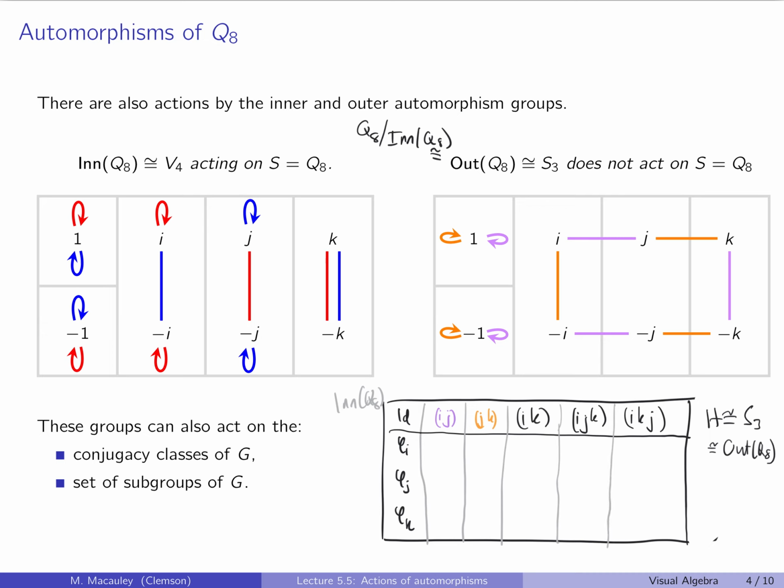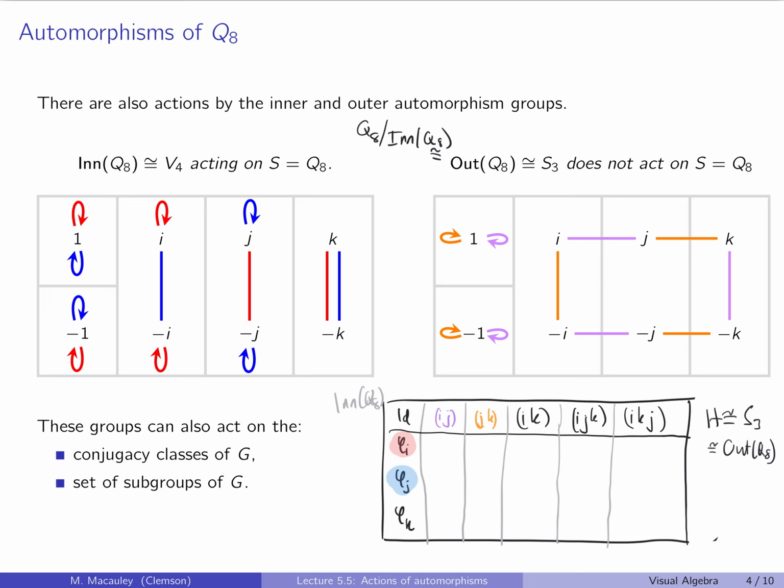So the outer automorphism group really consists of these cosets right here. And so what does this mean? Why does this not act on the elements? Well, there is an element ij that sends i to j, but then there is, I keep forgetting to do this, so I'll add these colors. But if I compose that with this inner automorphism right here, where I conjugate by j,